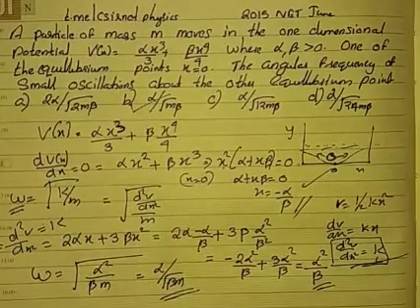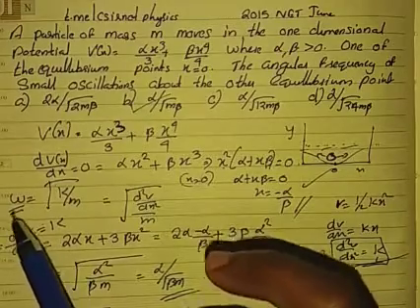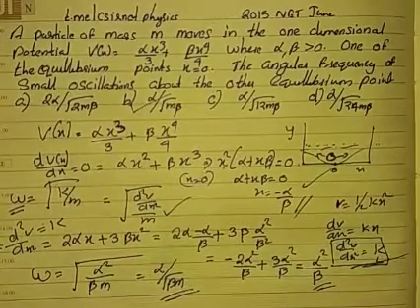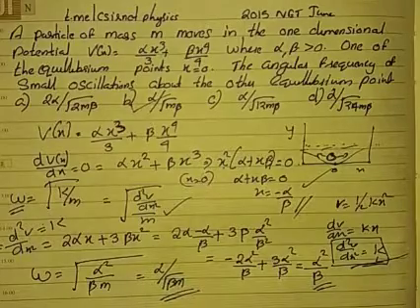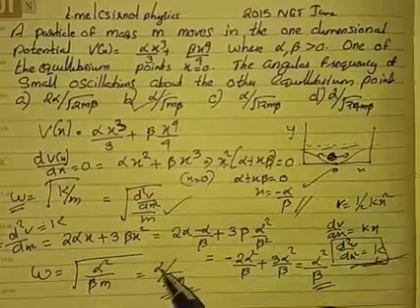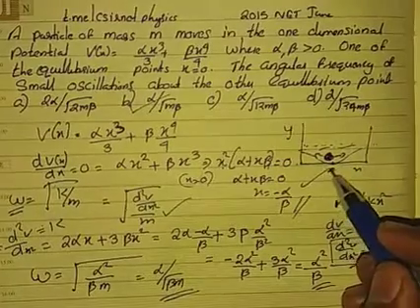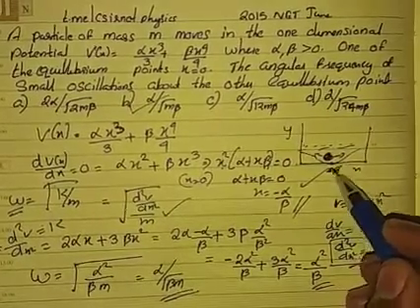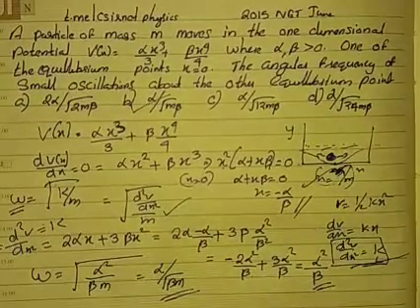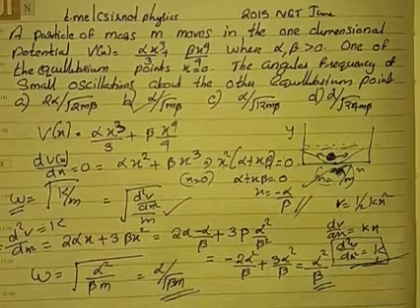This was extremely simple. You don't have to do much, because if you know that omega can be related to the second derivative and mass, then you can easily find the frequency. This particle is oscillating with the frequency of alpha by root beta m at the point x equal to minus alpha by beta, and at x equal to 0 it is also oscillating. We don't need to find that. Okay, so that's it. This was very simple.